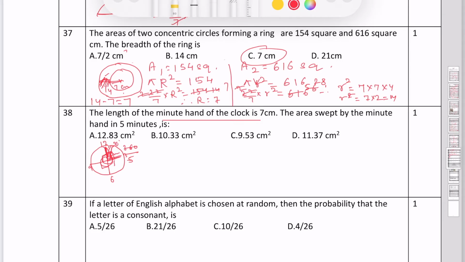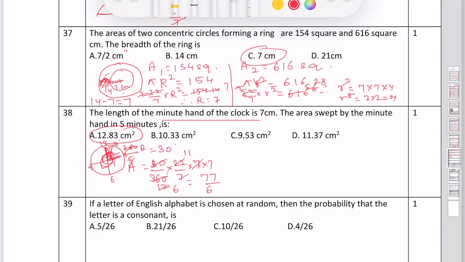So what is the angle? Theta is 30 degree. So what will be the area? 30 by 360 we know, into pi r square, 22 by 7 and 7 into 7. If you cancel, it is 12, 7, 2, 11, 2, 6. So it is 77 by 6, that is